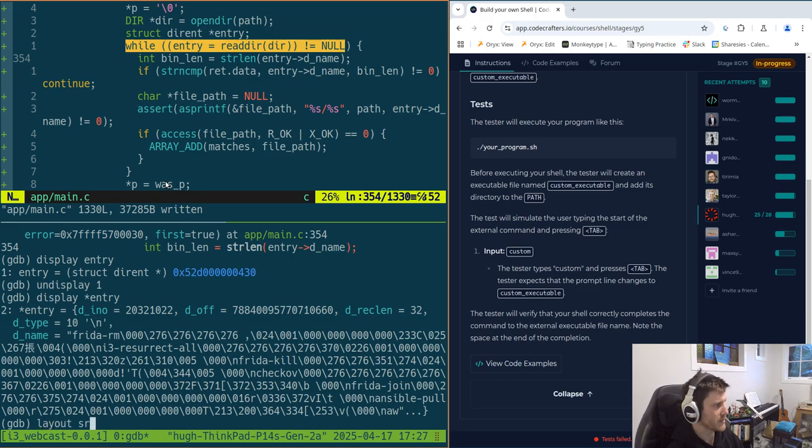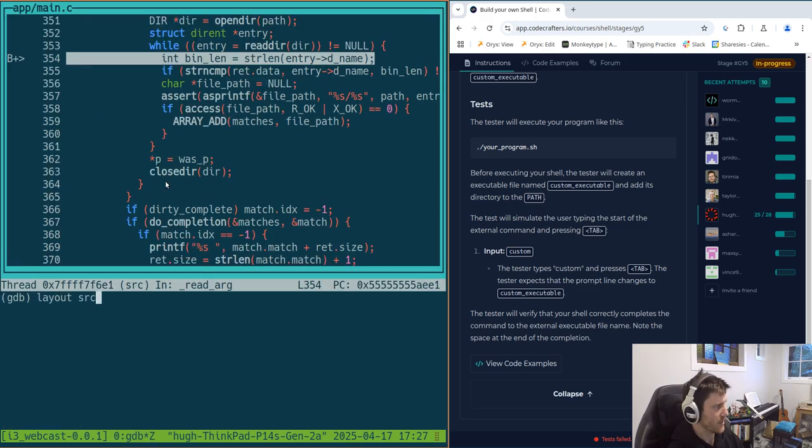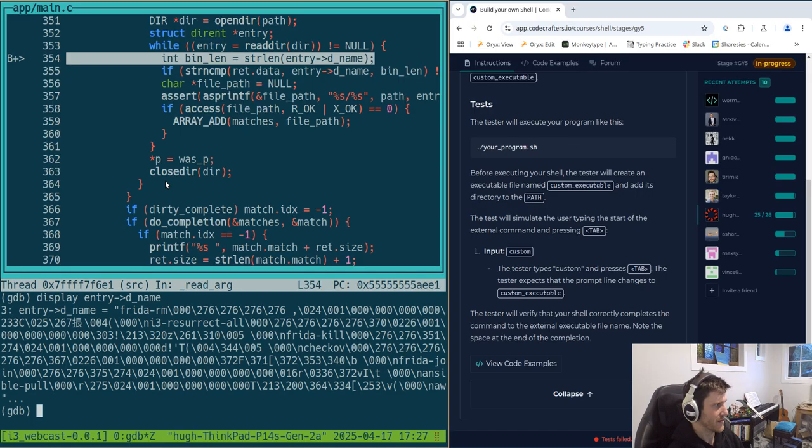Can we see what we're looking at? So it's going to be looking at that. I just don't understand why it's displayed all of it. So if we undisplay that,